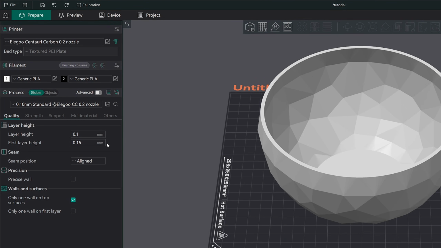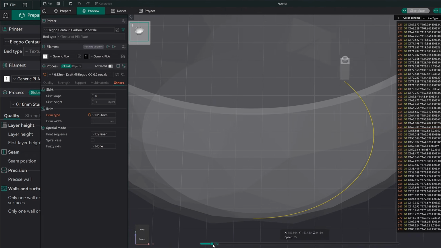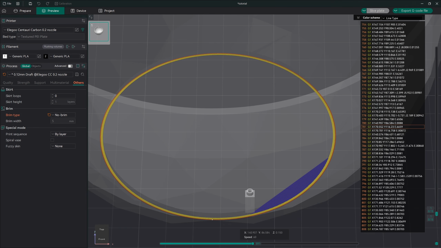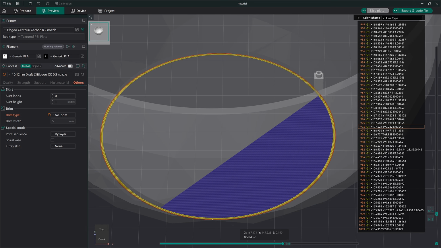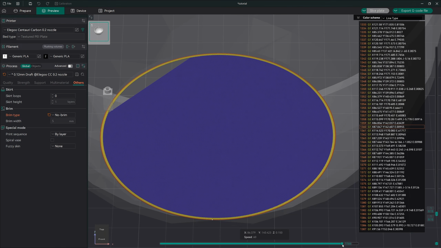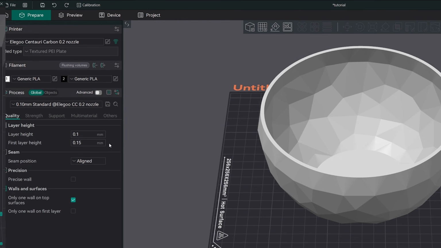The first layer height is another important setting to note. It's always set equal to or larger than your standard layer height, because this helps ensure stronger bed adhesion. One of the most common issues with 3D printing is bed adhesion problems. If you've ever browsed Facebook groups, you've probably seen a ton of people asking for help with first layer adhesion. A thicker first layer helps compensate for any small imperfections in the build plate or slight inconsistencies in the bed